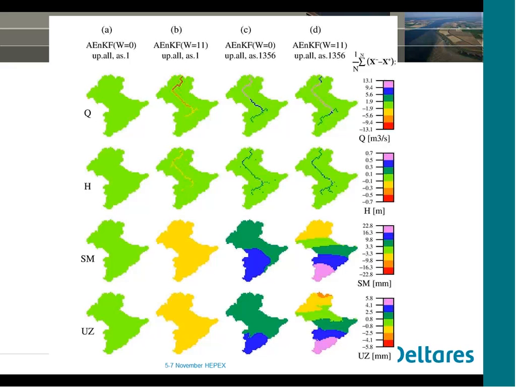Maybe it was tested in the beginning, but basically it doesn't make sense to remove the routing part, because from previous study we know that most of the updates take place in the routing part, and the routing part also provides, at least the first 24 hours is very important for the hydrological forecast. So in my opinion it doesn't make sense to remove the routing part, because that contributes a lot to improvement in skill. Okay. Yeah, probably the most sensitive.